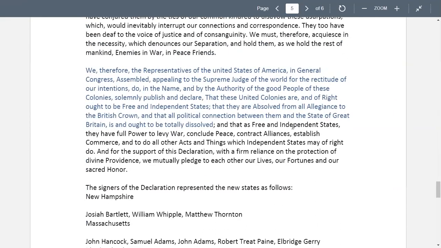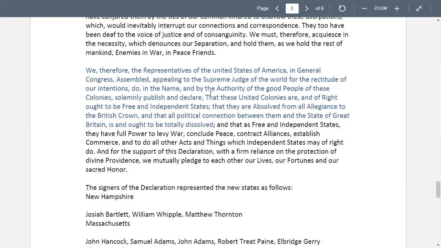Somewhere in here is a good part of it. If you read this part, I always find it rather humorous because they're stating logic, right? So the King of Great Britain should be going, oh yeah, okay, well, see you later. Have a good life. And all of Parliament should be going, yeah, you made a good point. Yeah, we didn't think about that logic. Go ahead. We don't need all that money and all that. Go ahead with yourselves. But they're not. And there's going to be a lot of resistance.